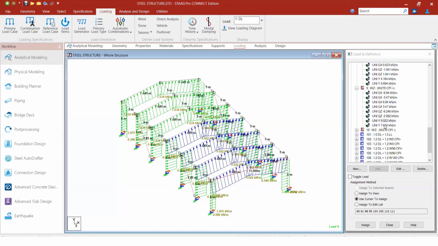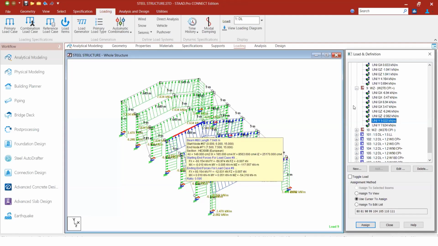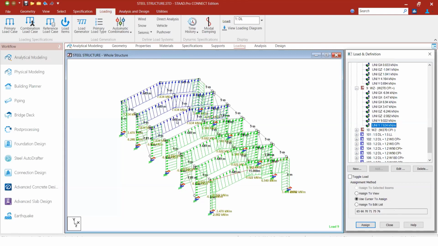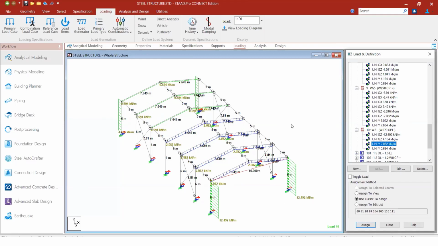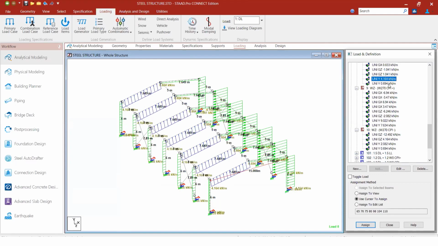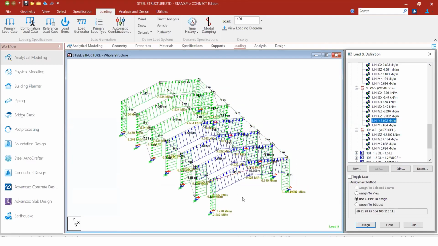If you see 9.022 and 7.634. So 9.022, the heavy one, I have taken it for 4 spans. And 7.634, I have taken it for fewer spans. And in the next case, I might have taken this span and this span, right? So in this case, if you see, it is for when